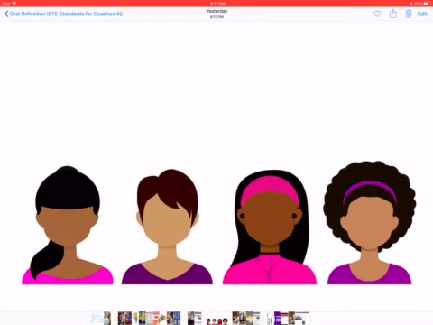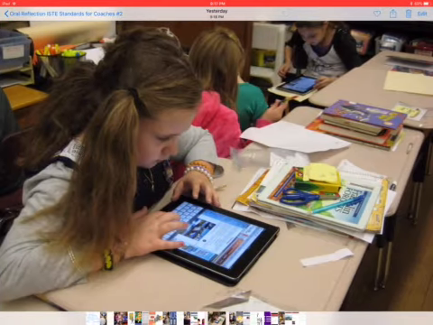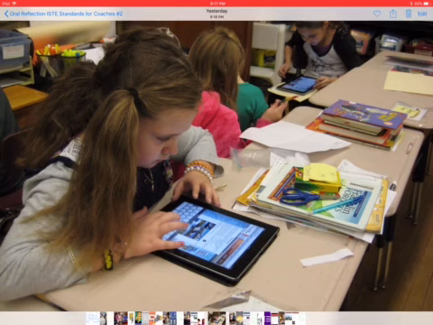WebQuests are by definition inquiry-based learning experiences that require higher level thinking, such as problem solving, creativity, and evaluating.